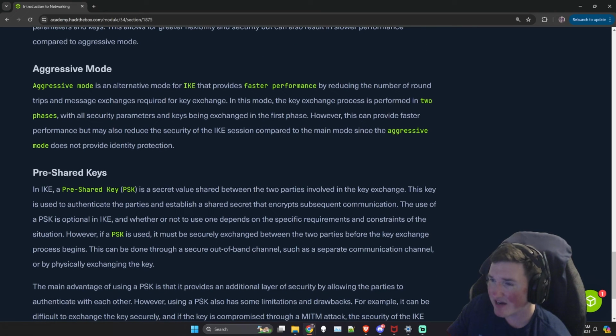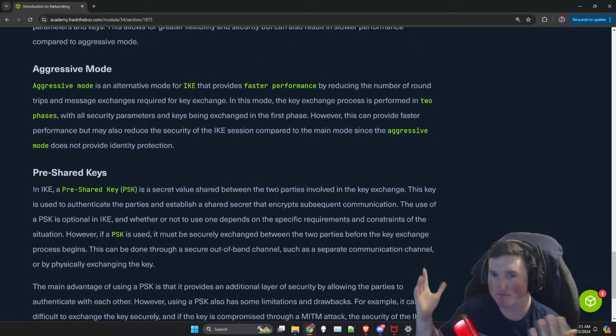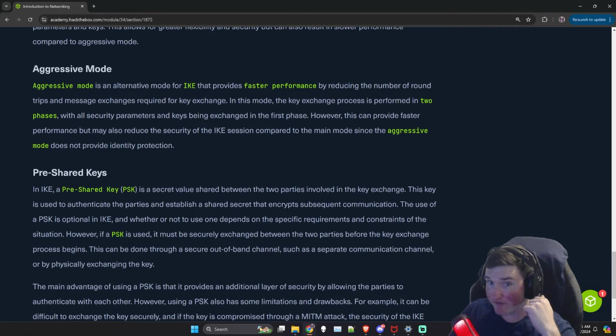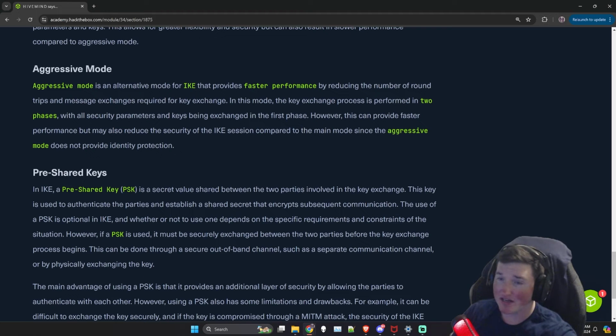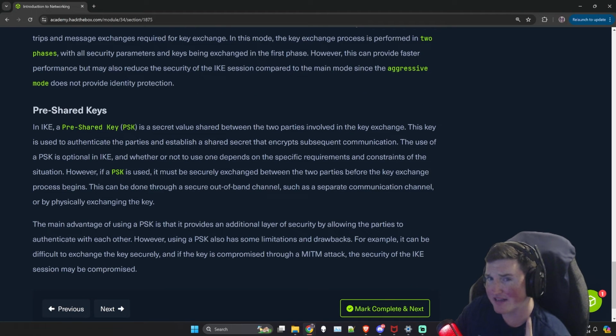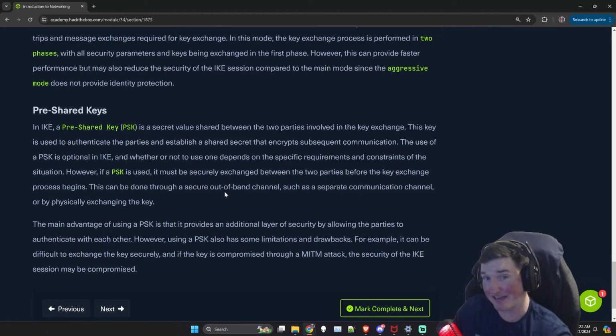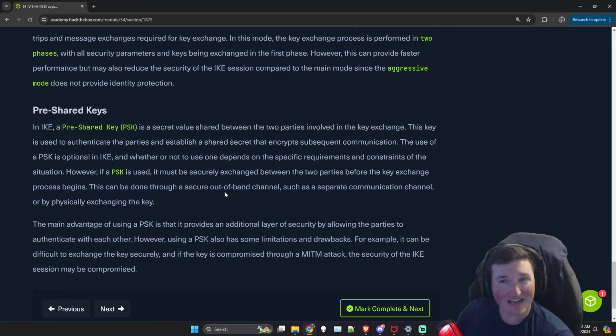So a pre-shared key is a pre-shared key. If I call you on the phone and say my key is 1, 2, 3, 4, 5, 6, 7, 8, 9, and you put it in and we have an established encrypted connection based on that key, that's a pre-shared key, right? The problem with that is, how do I get you that key? Because I have to get it to you securely. So am I going to call you? That's not very secure, right? Are you going to write it down? That's not very secure. How are we going to do this?